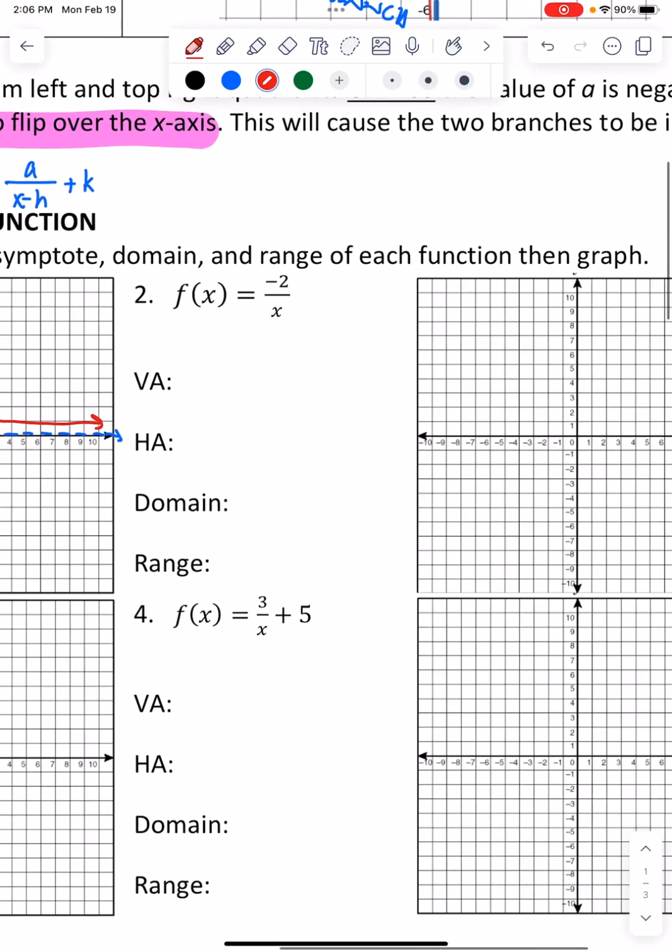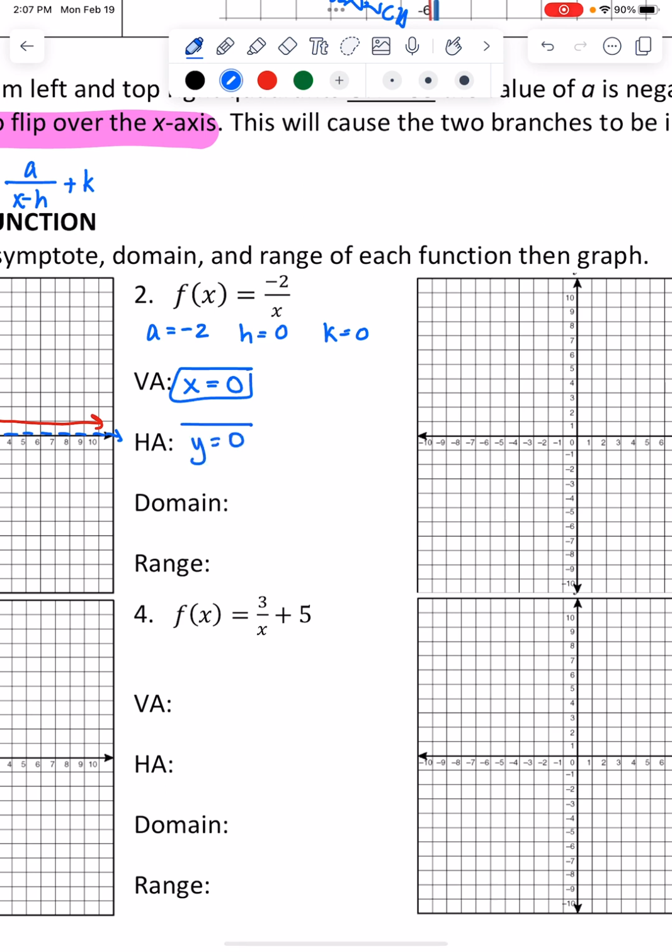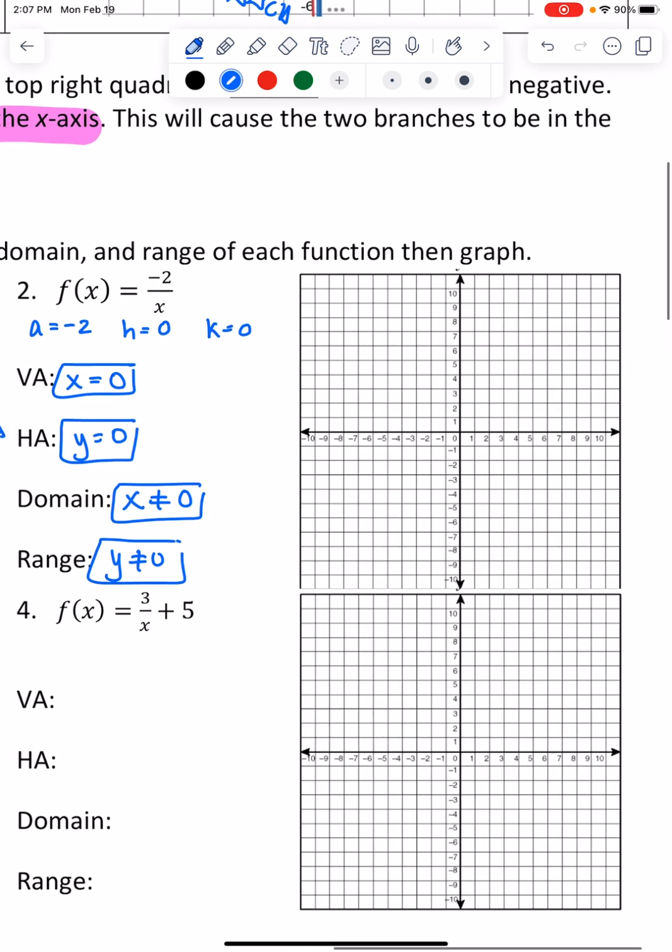Now if we go in this guy, same deal, identify a, h, and k first. So a is negative 2, h, again, there's nothing down there, and k, there's nothing being added to the end. So our vertical asymptote, x equals h. Horizontal, y equals k. Domain, x cannot equal that h value, and y cannot equal that k value. So if we, again, put these horizontal and vertical asymptotes on here,